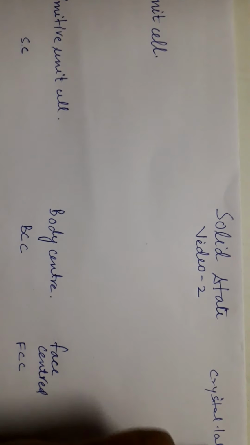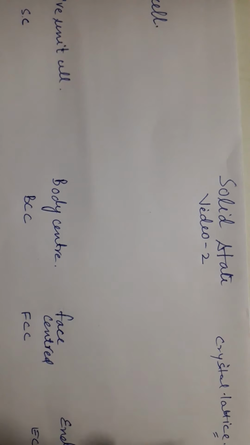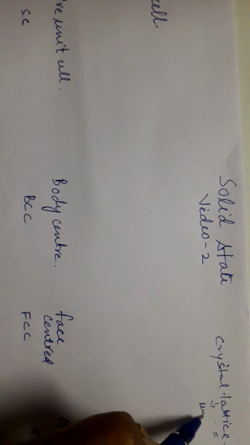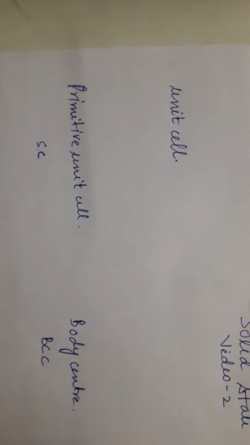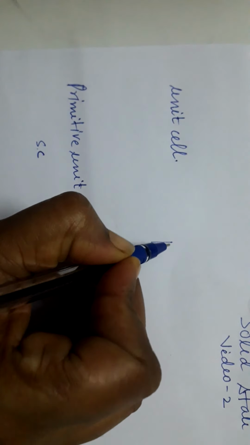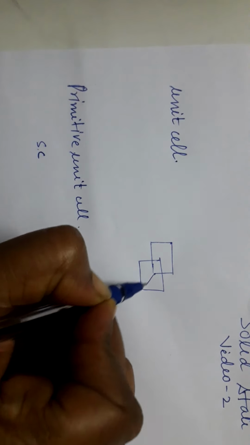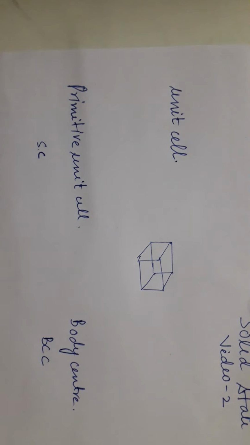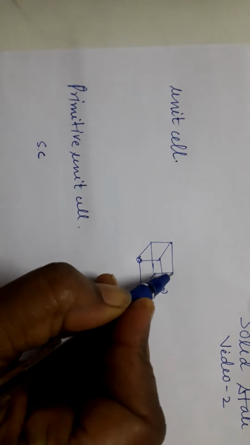lattice. So the smallest portion of the crystal lattice which is repeated over and over again is called a unit cell. Here we have taken one unit cell to explain it to you. See, this is our smallest unit of the lattice which is repeated over and over again, forming huge three-dimensional structures, and atoms are arranged at the corners of this unit cell.